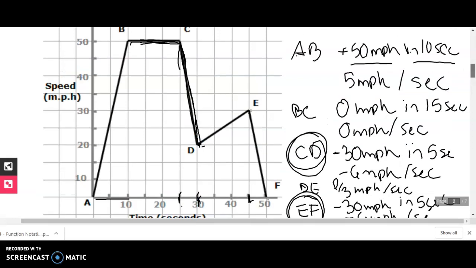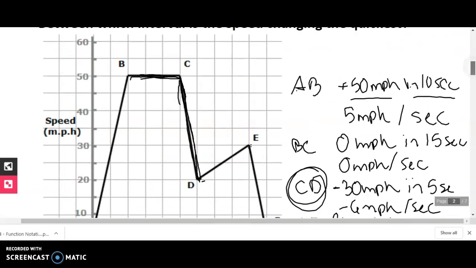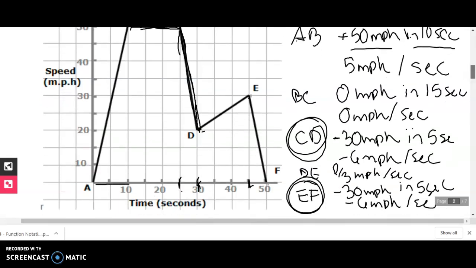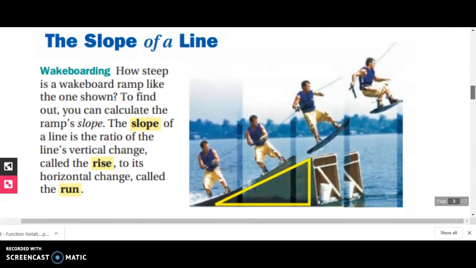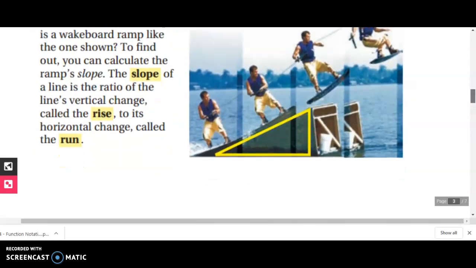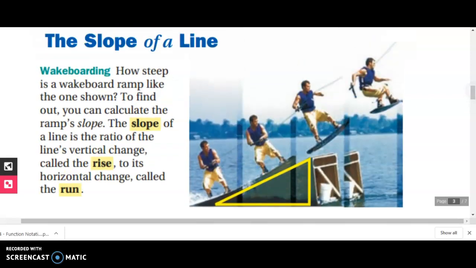All right, well, these are all rates of change, okay? And we're going to talk about something similar to a rate of change today. We're going to talk about something called slope, okay? And a slope is a linear rate of change, meaning that it forms a straight line, okay? And in everything that we were talking about before, we were talking about how the y-axis changed compared to the x-axis. All right, so today we're talking about the slope of a line, and I'm going to talk briefly about,